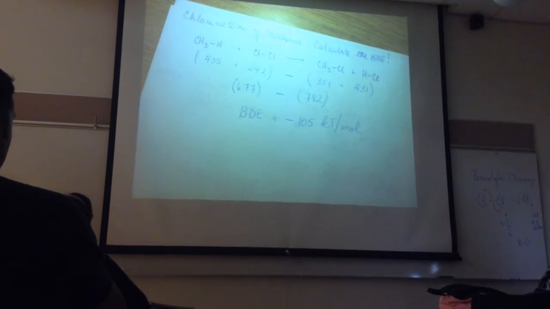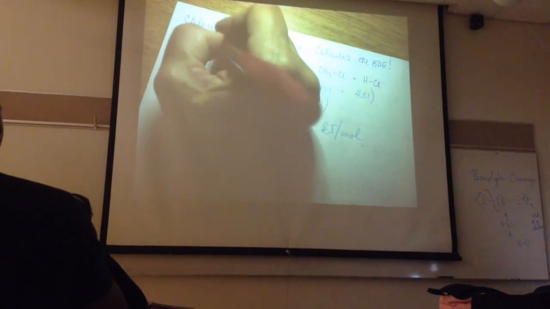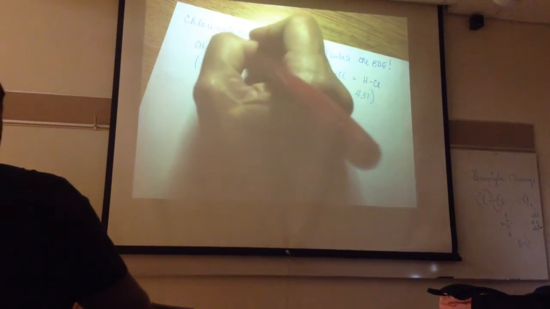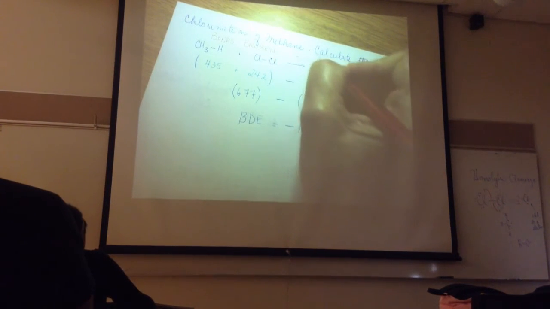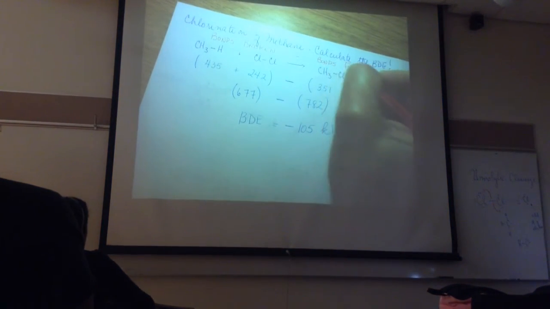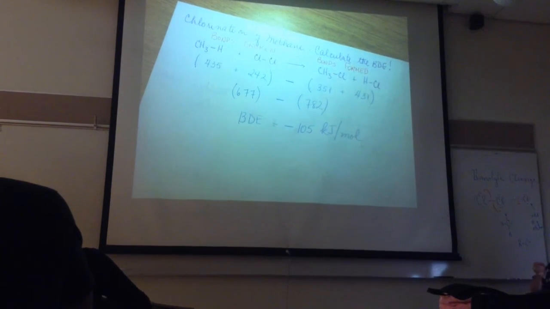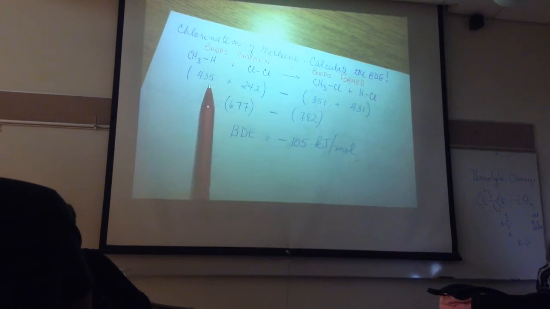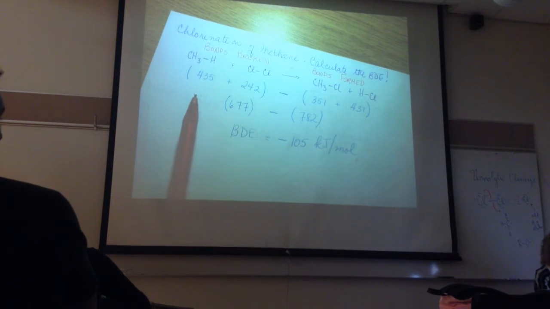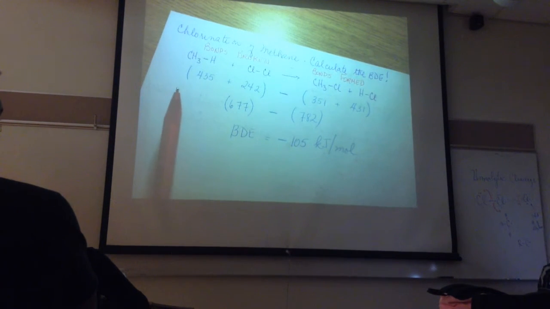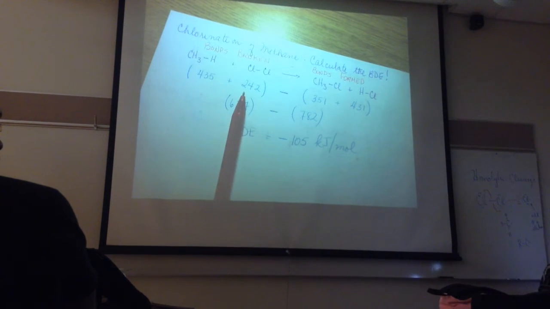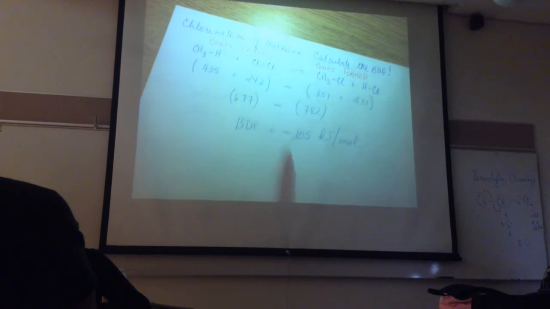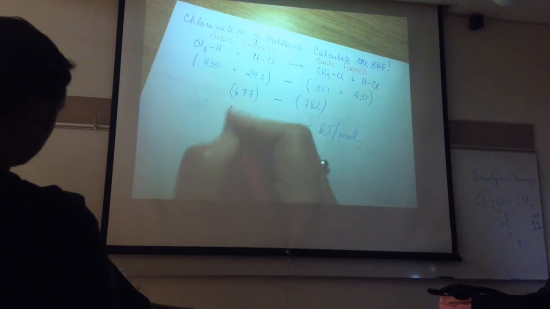Bonds broken. Okay, so over here, these bonds were broken, so bonds broken minus the energy of the bonds formed. Understanding that those 435 were kilojoules that were added to that molecule in order to break it, okay? And the same thing with the chlorine, we had to supply that molecule with 242 kilojoules in order to make it. But the overall answer, this negative contribution for us,